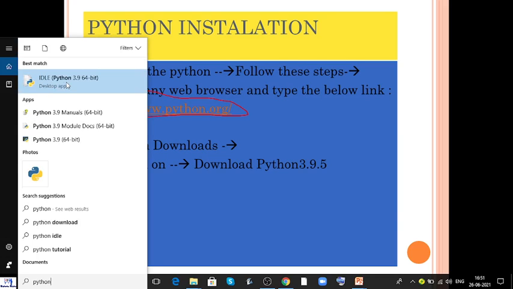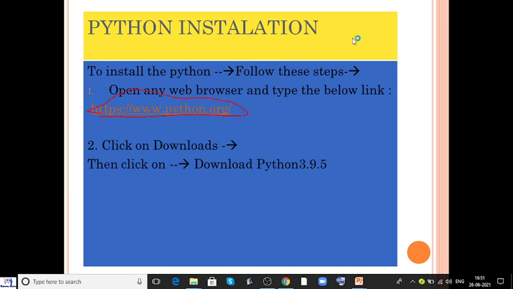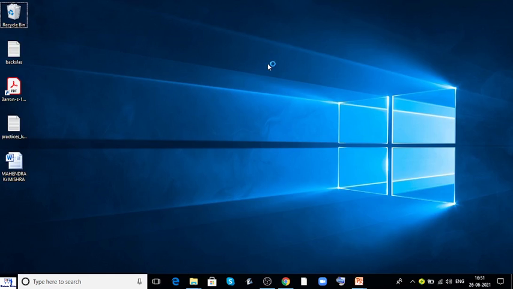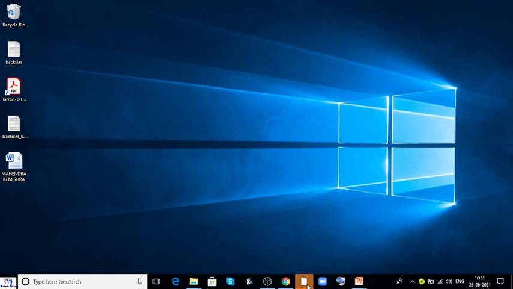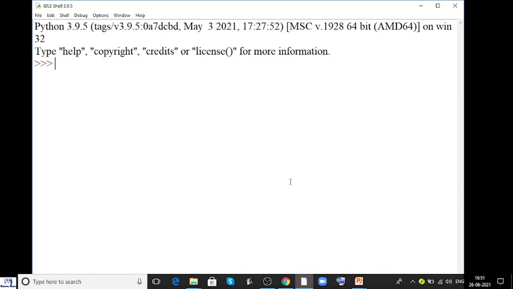Now this Python IDLE option will appear. Fine. Here, this is the interactive mode of Python in which you can write the code. This is the first way to open.